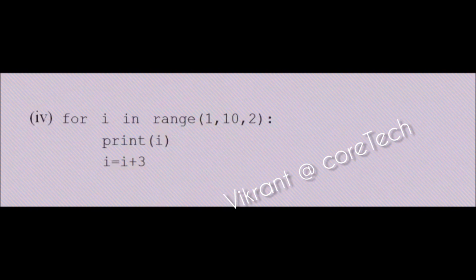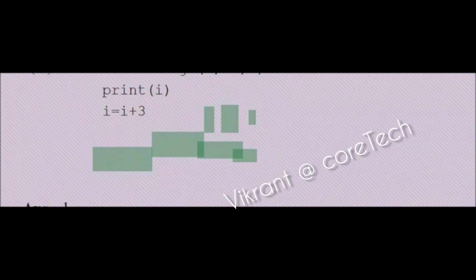The next one says that we are starting the value from 1 going till 9, and this is the jump. And this thing we need to ignore. So the numbers will be 1, 3, 5, 7, 9. So this will be the answer. Let's see the next question now.